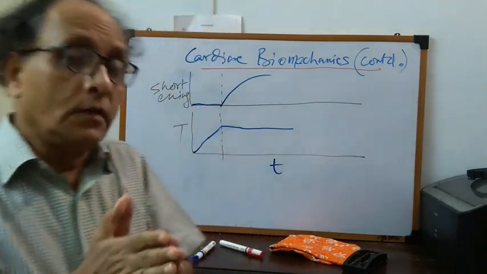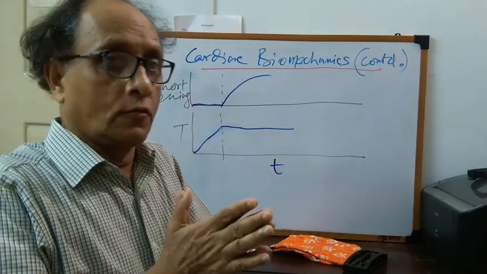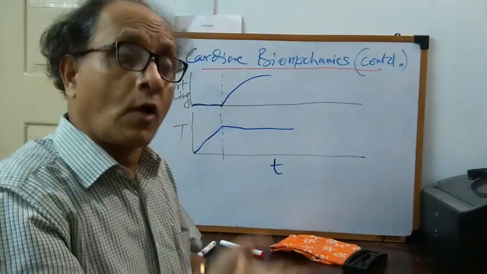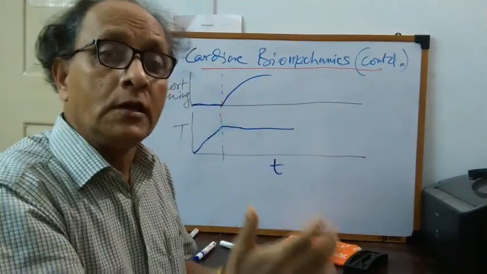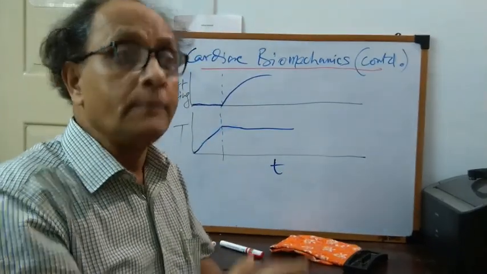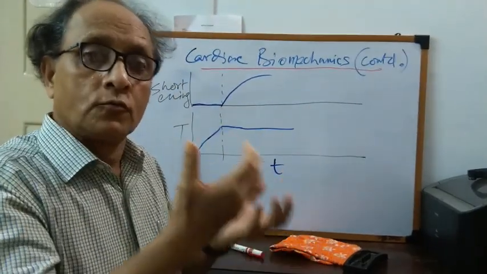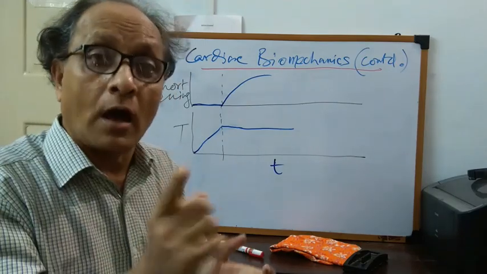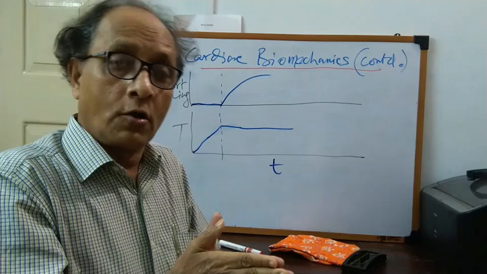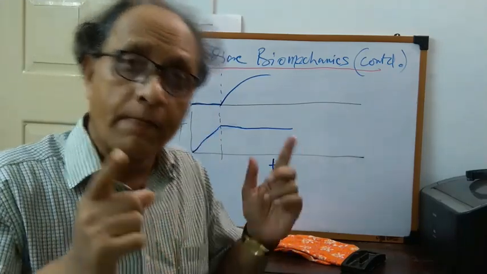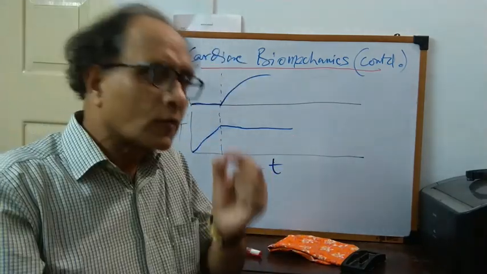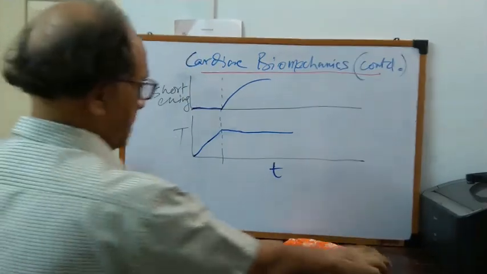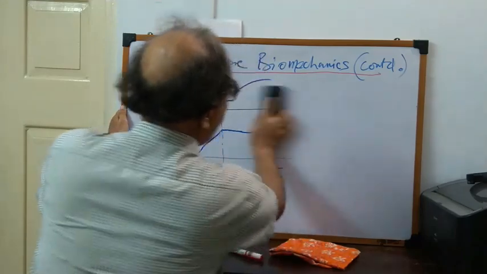So if you understand this, we describe three things. One is a pure isometric contraction. Whenever we see an isometric contraction, if the load is too much, throughout it is isometric contraction. But there is nothing called a pure isotonic contraction, because during the initial part of every isotonic contraction, there is a small amount of isometric contraction. So this is a very important information I shared with you for our future description.